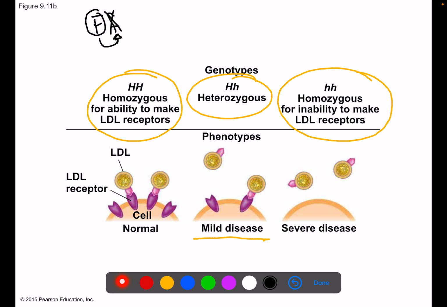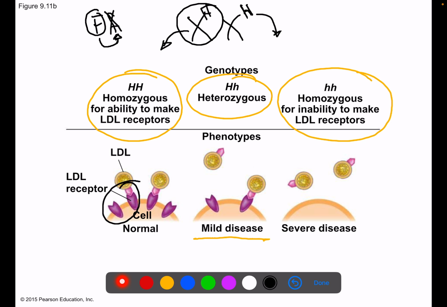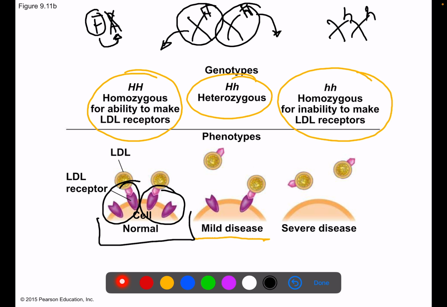Why is that? Well, here in this case, you have two chromosomes, right? One has a big H, the other one might have a small h. But if you have a big H, that one is going to be good enough to make a certain amount of receptors. If both of them were working, then you'd make the other half of the receptors. So having this chromosome is going to make those two receptors. Having that chromosome that also works will get you the other two receptors, and now you will have the full amount of receptors. But what happens if you have two genes that don't work? Well, you make